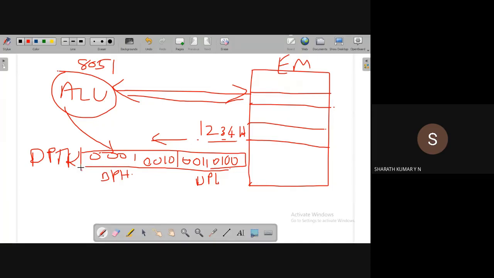Now the question is, what can be the maximum size of this external memory? The same thing we discussed in the last class: 2 power n is equal to m, where n is the number of bits in the address and m is the maximum number of locations it can access.